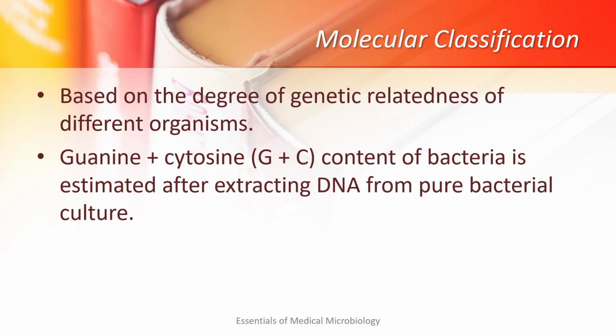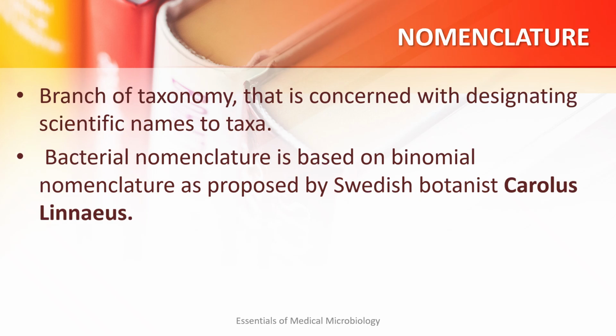Then the last thing is molecular classification, based on the degree of genetic relatedness of the organism, that is, the base pairs, which you already know. The guanine and cytosine content of a bacteria is estimated from extracting DNA from a pure bacterial culture. Coming to the nomenclature, it is a branch of